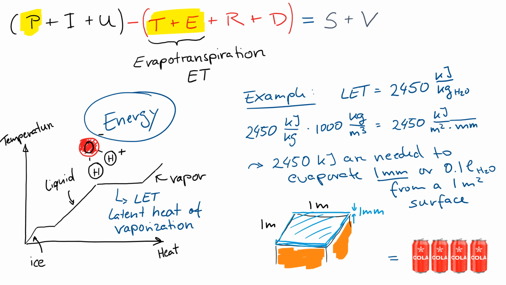So the 2,450 kilojoules of energy that you would need to evaporate that 1 millimeter or 1 liter of water from a 1 meter squared surface equals the energy contained in 1.3 liters of your favorite sugary beverage, just for comparison. Of course, the energy is coming from the sun, and we can measure on the edges of our atmosphere that we receive about 1,370 watts per meter squared, which is called the solar constant, but it's not really a constant. This 1,370 watts per meter squared may also be expressed in units of joules per meter squared per